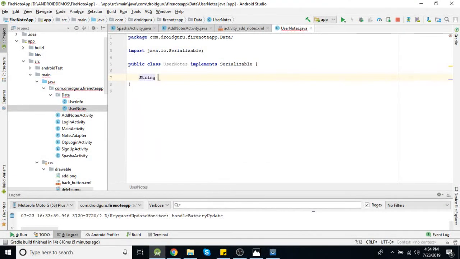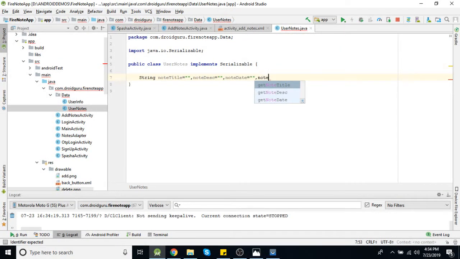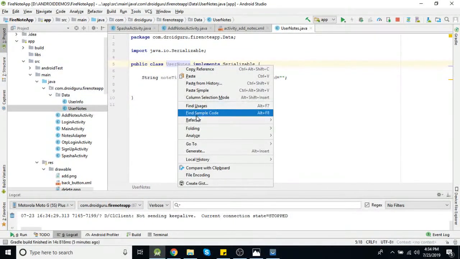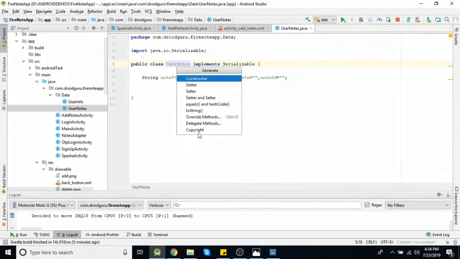First one is title, say node title, then a node description, then node date, and last one is say node id. Okay. Now we need to create constructor for this class. So generate constructor.